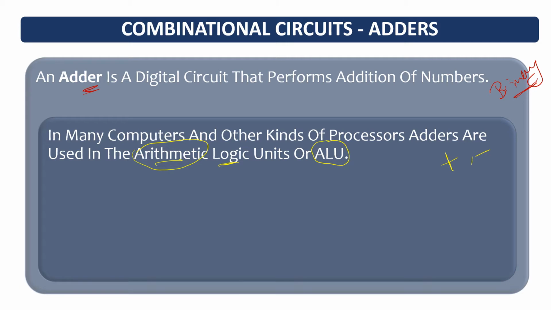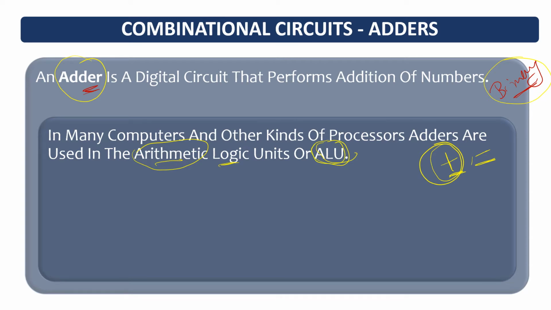that we will learn when we will see the sums. When we will learn the sums, at that time we will discuss how ALU works, or how ALU performs arithmetic operations. So your ALU performs arithmetic operations. What type of arithmetic operations? It can be addition and it can be subtraction. So to perform this addition operation, we require adder. Got it? So again, what is adder? Adder is a digital circuit that performs addition of numbers. Which type of numbers? Binary numbers. And where can you find it? You can find it in the section ALU.